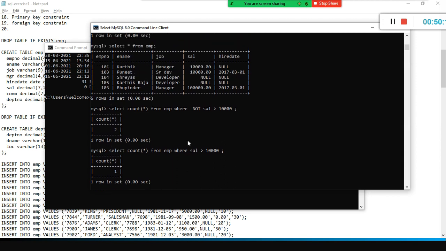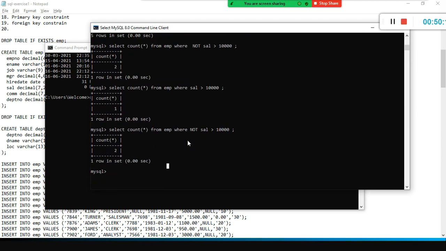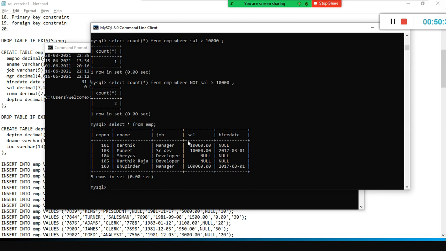Not operator, and operator, or operator, and we have something called the between operator also available. Before we proceed further, I am going to say select star from M. We will play around a little bit with the date column. Let's say your manager is asking you, I wanted to know the employees who spent more than 50 days or more than 360 days with our company. How will you find out?